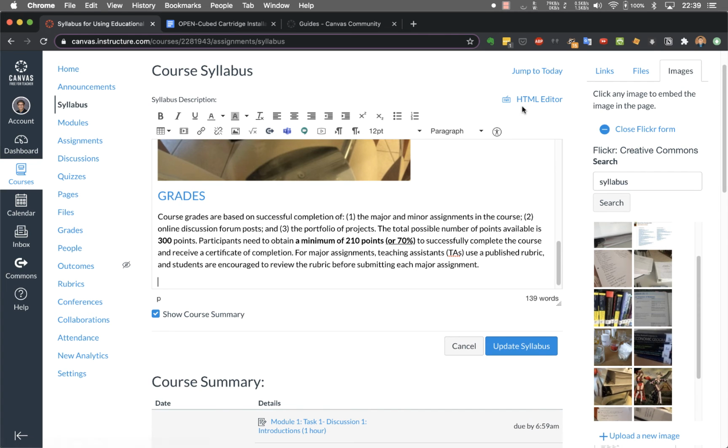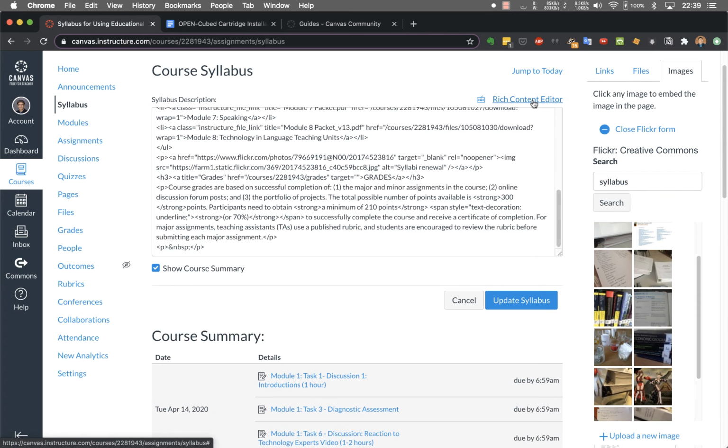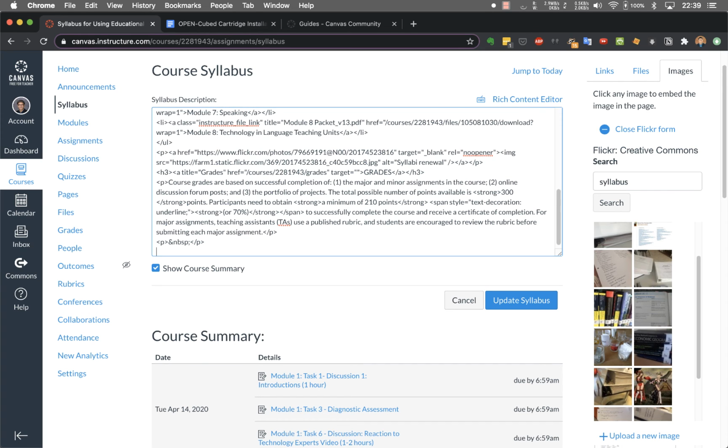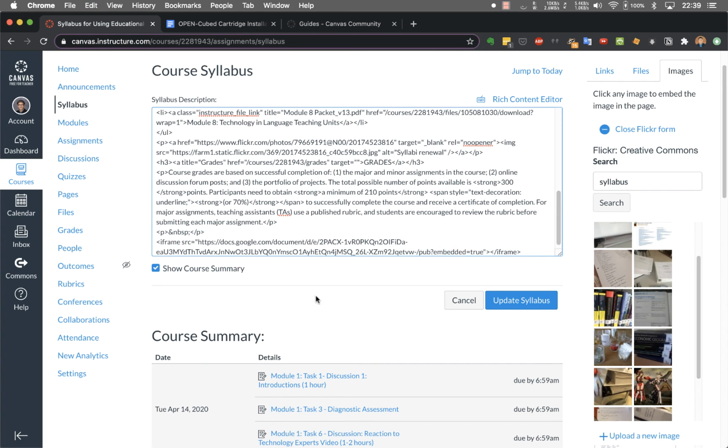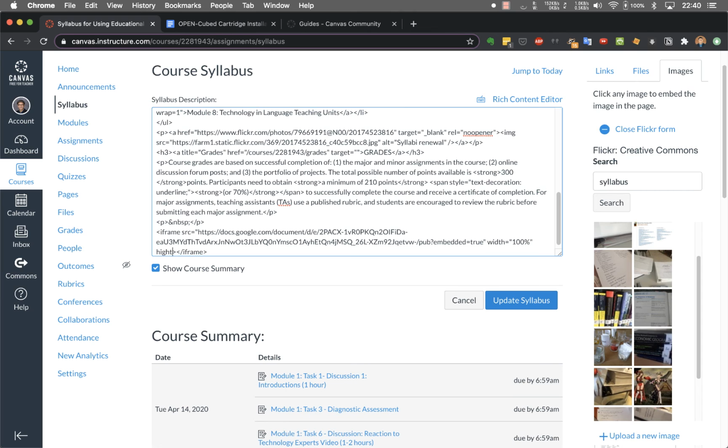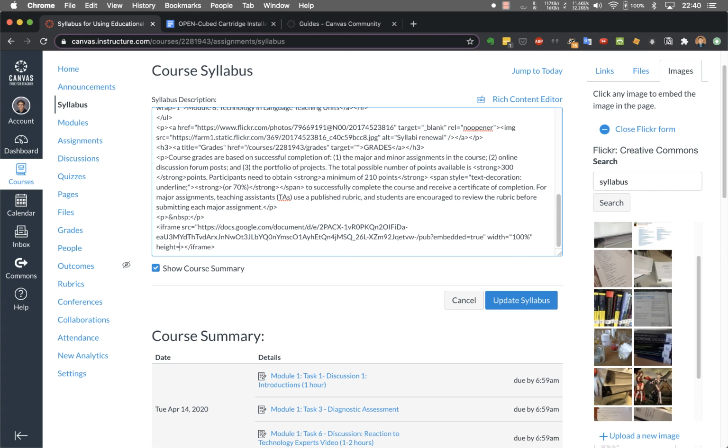Here above, it says HTML editor, and that's different from the rich content editor. If you want to add your Google Docs, you can add it here. One important thing is that you have to add this line with width equals, remember the quotation marks. We're going to make this 100% of the frame, and then height equals 600 or 700. It depends on how long you want it to be. It can be as long as you'd like. And if you do that,